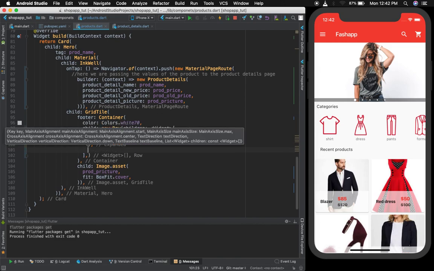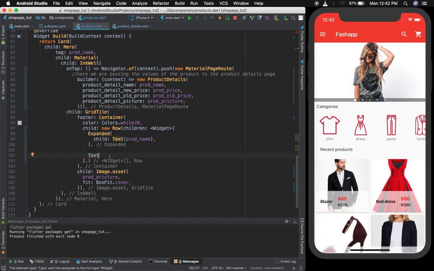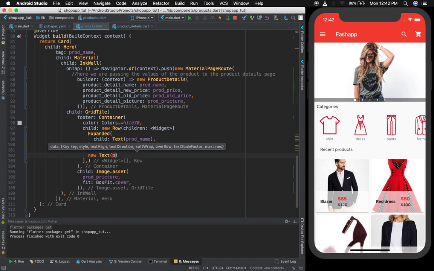outside of this I'm going to give text. I see what's the problem. I just gave text and now I have to write the parentheses myself, while when I just do new t, it gives me everything, right? New text, then sorry, in here I'm going to write product price, but I will need to put this inside of strings. Why? Because I want to put the dollar sign. Now I can write product price